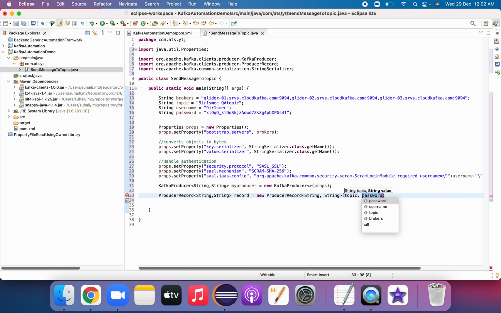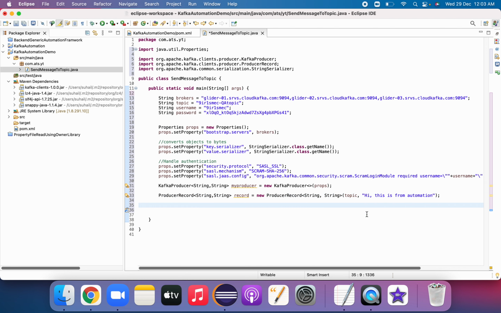I will keep it as it is, and this is the value. So value should be whatever message you want to send. So let me send some message here: Hi, this is from automation. So this is the message which I want to send here.